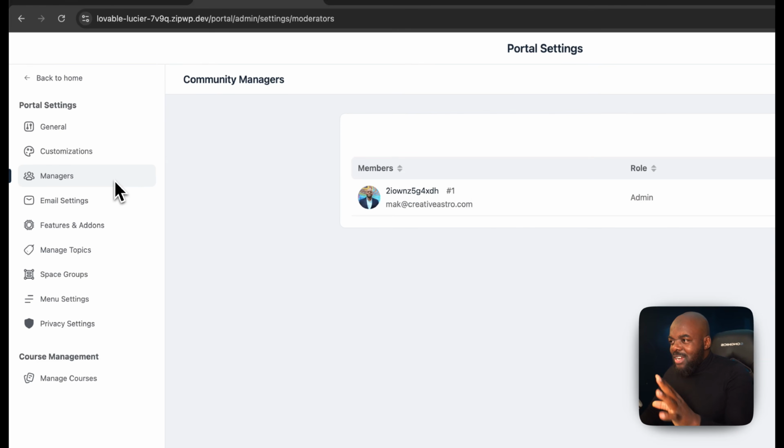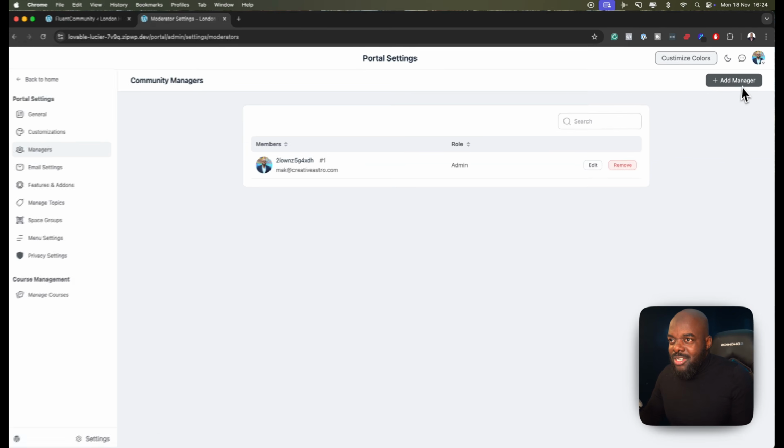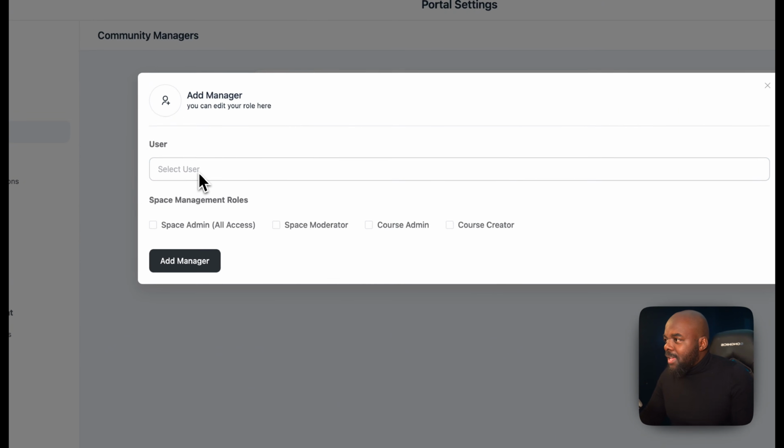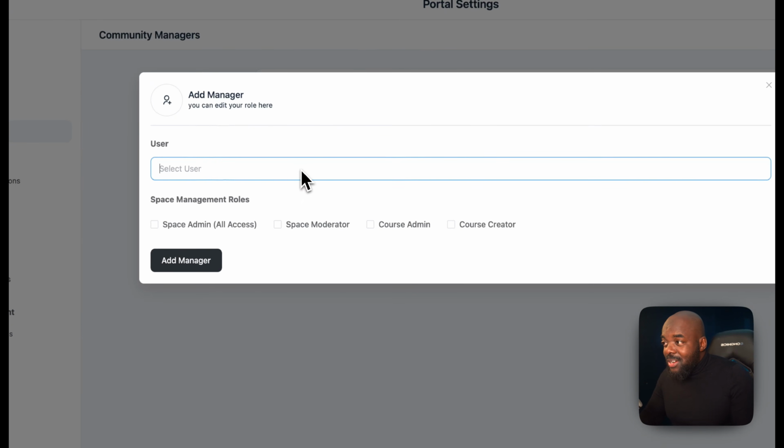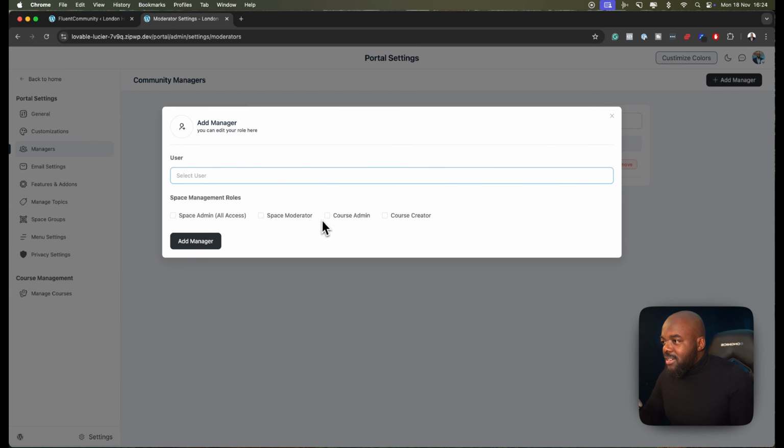Now, while I was playing around with this, I was thinking to myself, well, running this individually is going to be difficult. Isn't there an option really to get someone to help me run this community? And sure enough, we can add a manager. So we can come over here, add your manager. You select the user. At the moment, I don't have any users here. You need to have your WordPress users first, and this is where you can come and add them. So you can give them access to all spaces, or space moderator, or course admin, or course creator. So it's up to you how you want to give them the